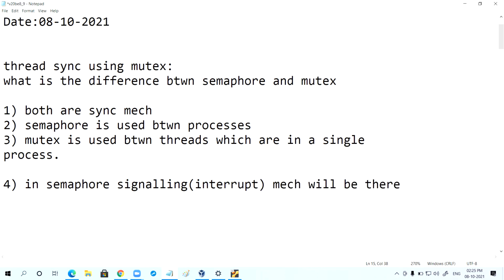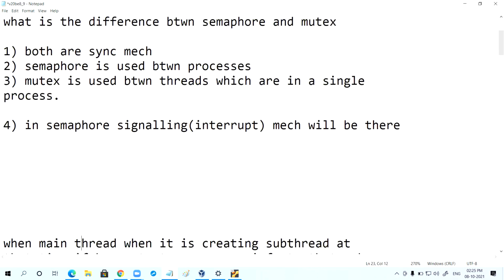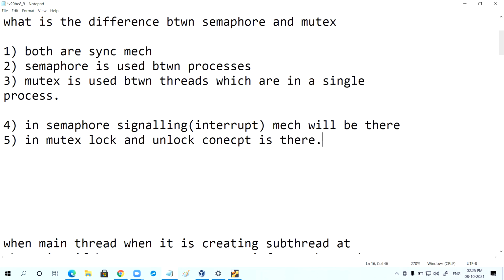In semaphore, the signaling mechanism will be there. In mutex, the lock and unlock concept is there.